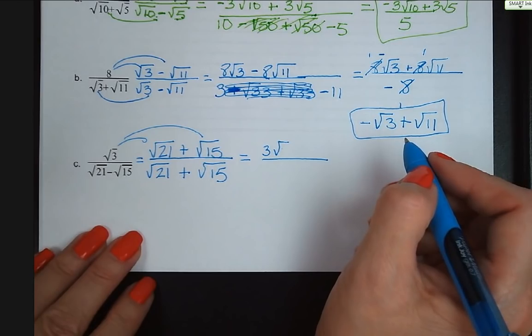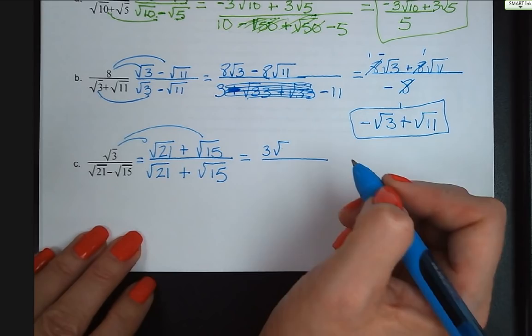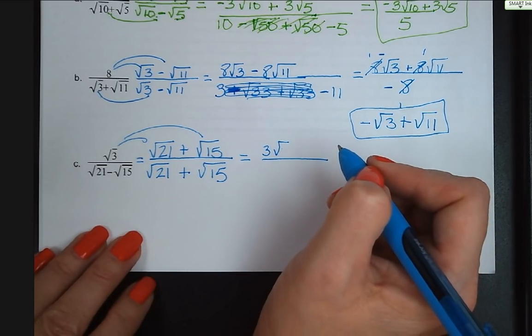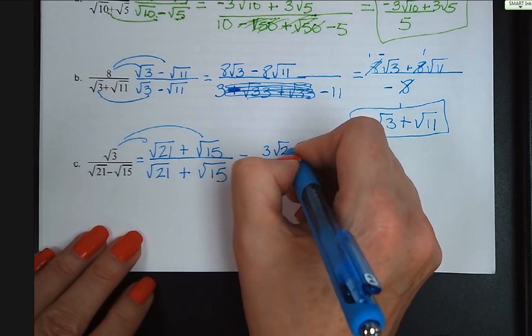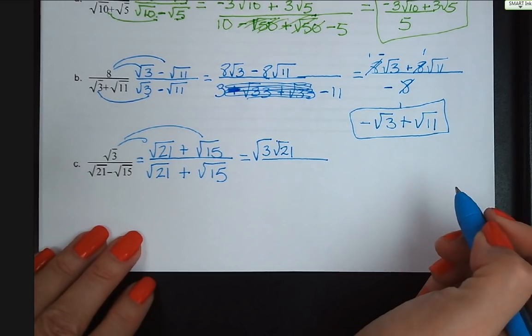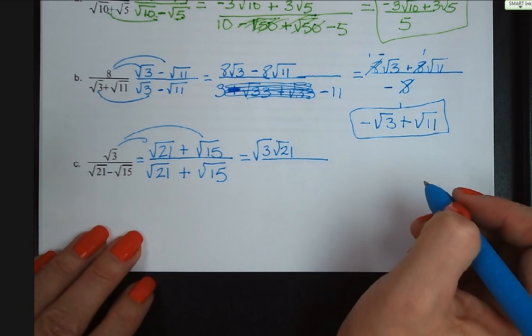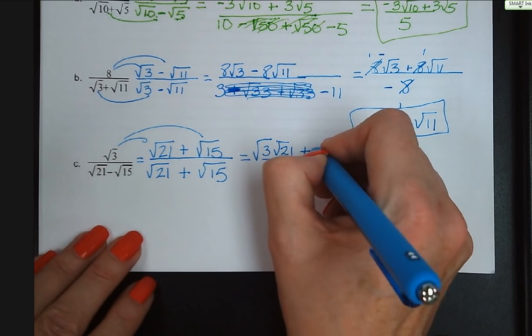I broke it into my factors, just starting off, like I knew I had square root of 3, and that's 3 times 7. So square root of 3 times square root of 21, plus the square root of 3 times the square root of 15,